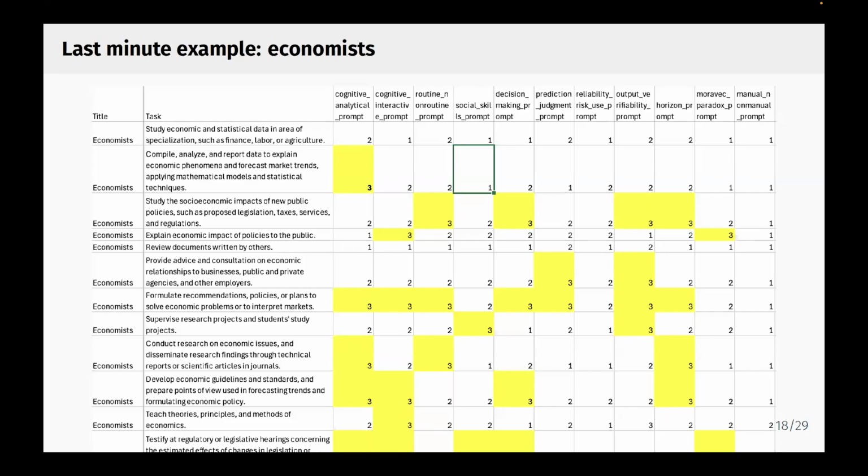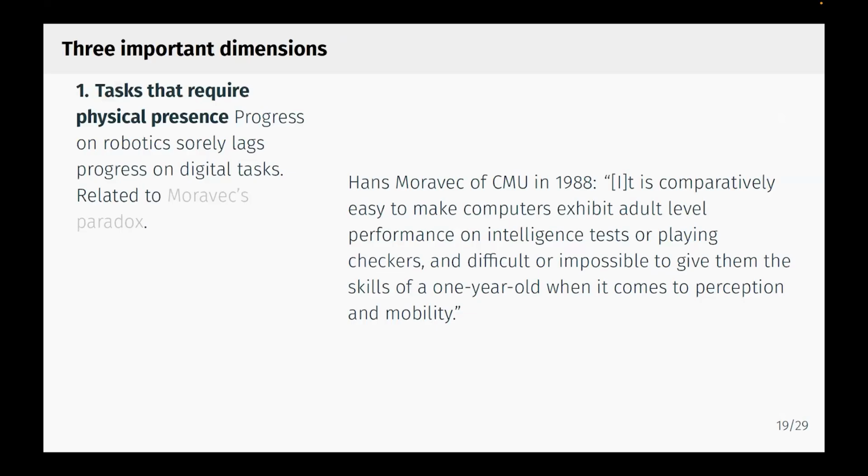It's going to take a while to go through all of this, so I'll just point you to that final column, manual, non-manual, where you basically score 1 or 2 on everything. That's reassuring because the role of economist, even though we're all in person right here and some people are on Zoom, is not that essential compared to a lot of other jobs in the economy to use your hands or be in person. I mentioned the 3 dimensions that we think are particularly important. Physical presence: the reason why is that this is a point of validation. We should expect to see very little progress over time on physical tasks compared to other types of tasks. If we don't, that's a reason to believe this method is not really that useful.